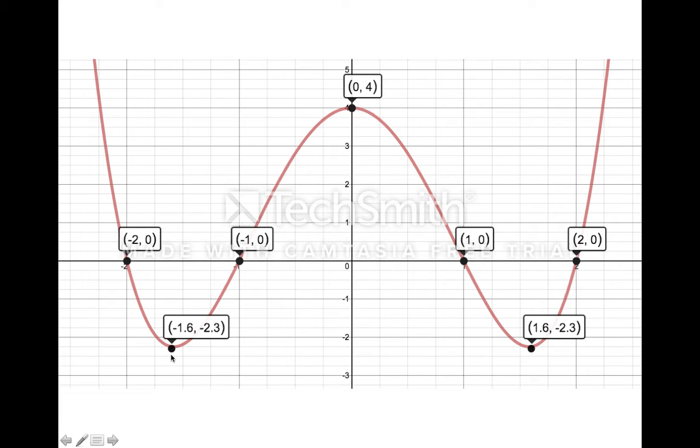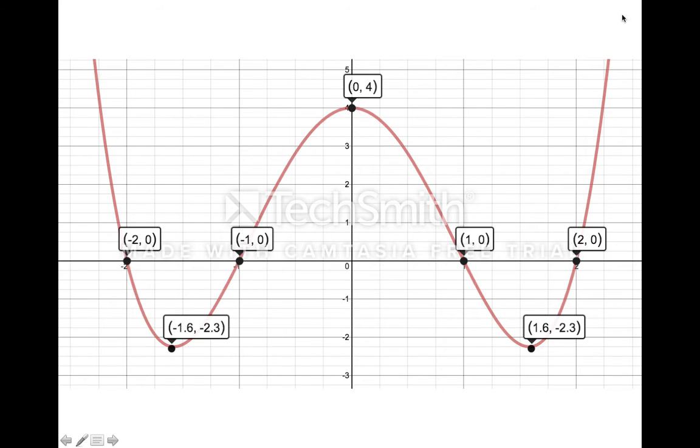The local mins are negative 1.6, negative 2.3, and 1.6, negative 2.3, transitions from decreasing to increasing. 0, 4 is our local maximum, switching from increasing to decreasing. These 2 points, negative 1.6, negative 2.3 and 1.6, negative 2.3, are also absolute minimums because the function never gets smaller than negative